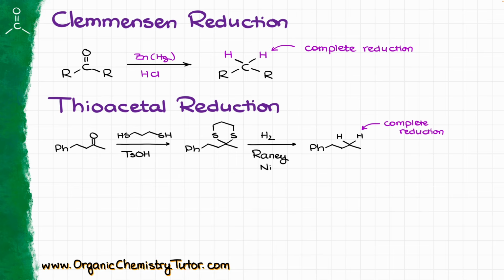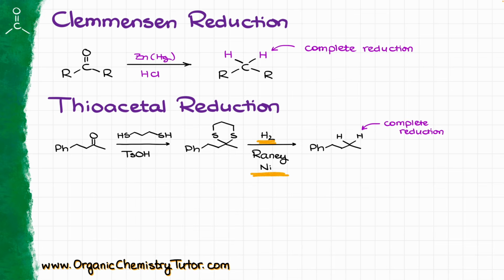Now, if neither Clemmensen reduction nor Wolff-Kishner work for our purposes because maybe our molecule just doesn't tolerate either of those conditions, there is one other way we can deal with that, and that is going to be the reduction of thioacetals. This is the last reduction method, and it again allows us to completely get rid of the oxygen. In this case, that's going to be a two-step process where in the first step, under relatively mild conditions, we are going to convert our carbonyl into the corresponding thioacetal,